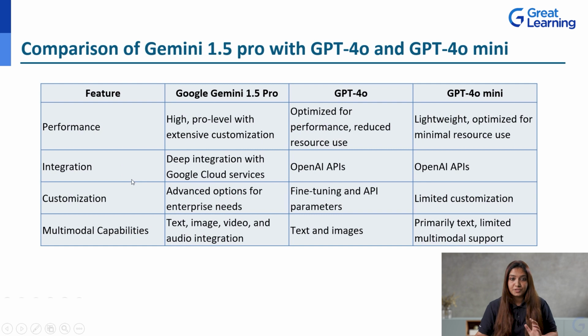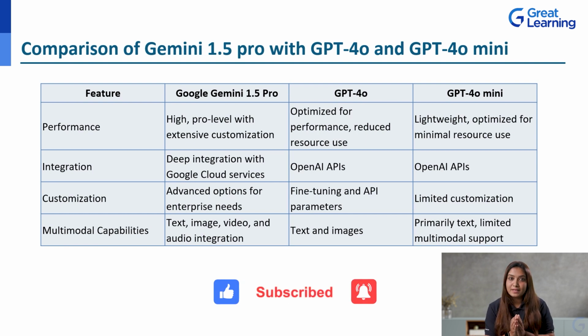Then comes integration. Here, we have deep integration with only Google services actually. Whatever is present in Google Cloud, you have integration very well. As we saw how it integrates with Python Colab in Google Cloud, right? With the help of Gemini as well, integration of the API. So how it is integrating with the products of Google on the cloud services, we just had a broad idea. Then comes GPT, which has integration with OpenAI APIs, both of them, because this is 4o and 4o